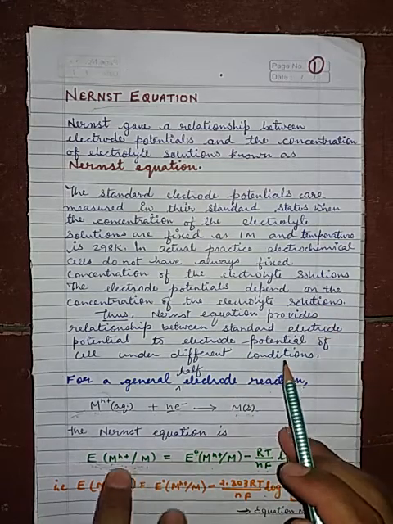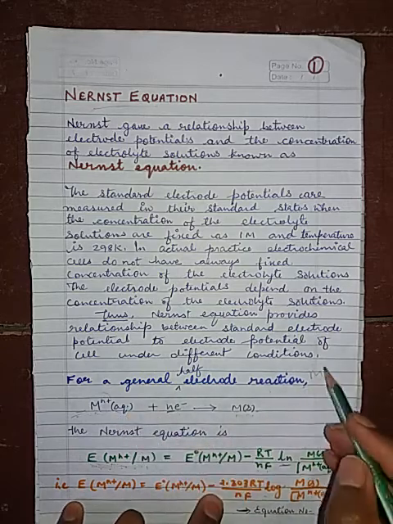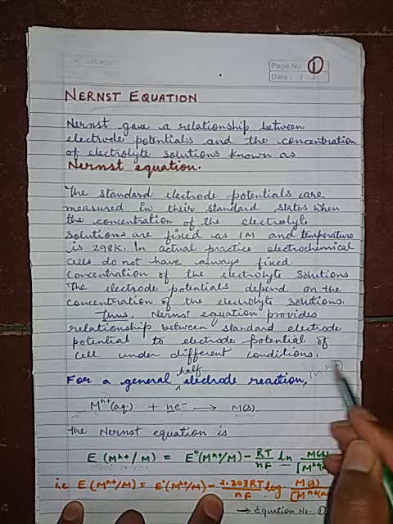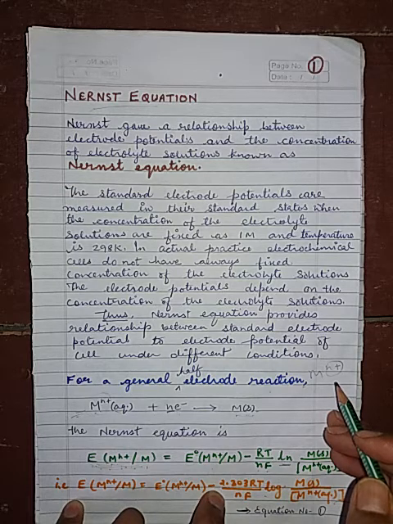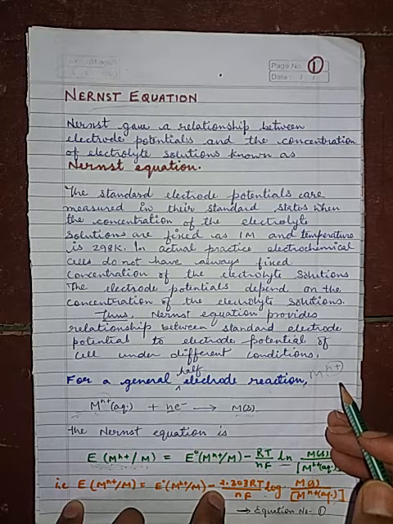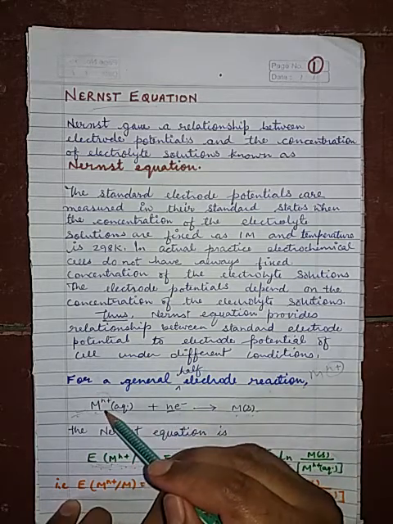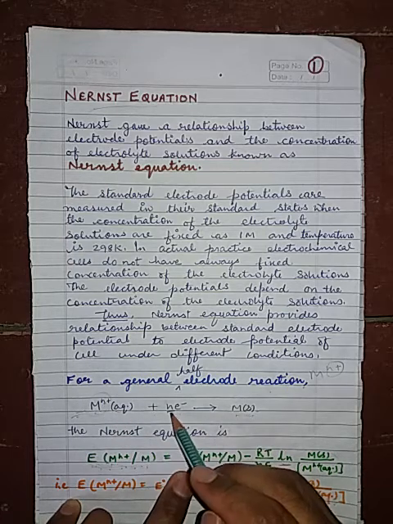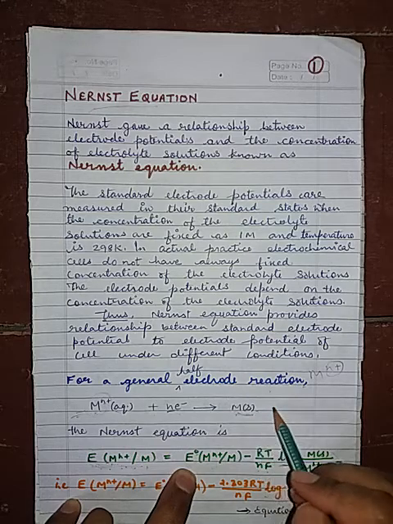For the derivation of the Nernst equation, we can take a general metal M, and its valency is taken as n positive. One more important thing you have to remember: according to the IUPAC convention, it is compulsory to write all types of reactions, either reduction or oxidation, in terms of reduction potential. So here the ion present in the solution having valency n positive takes electrons and changes into M solid, which means a reduction process is taking place.